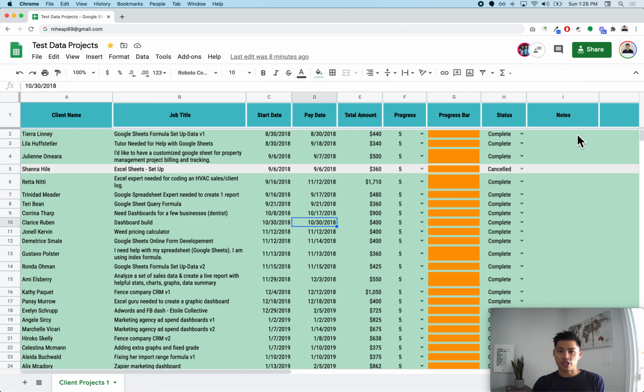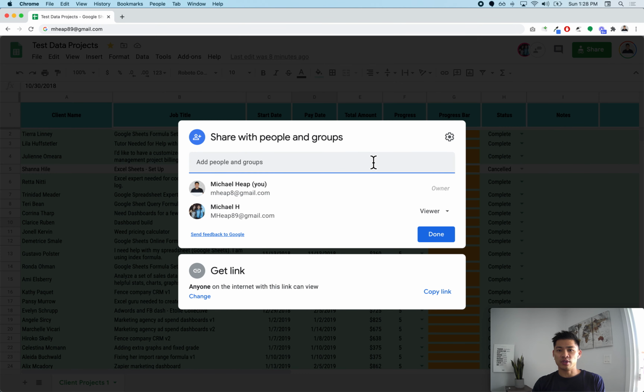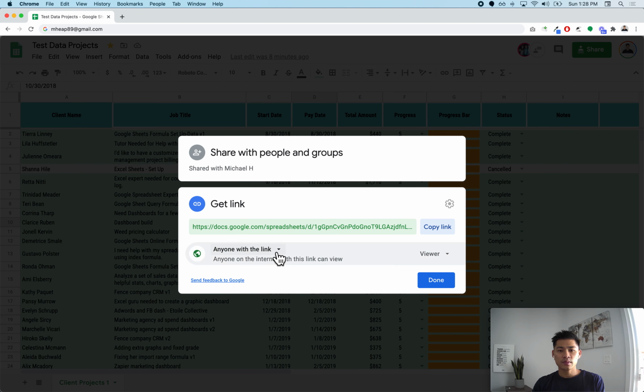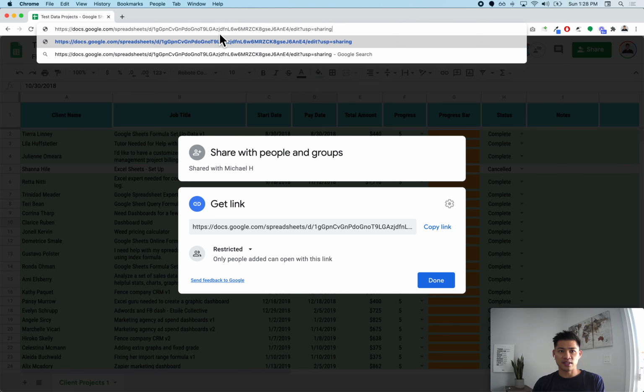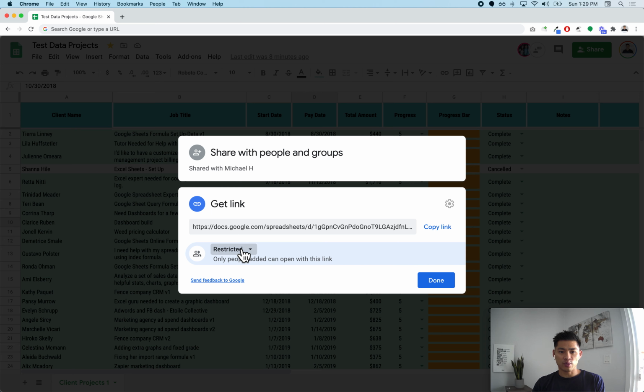Now, the favorite way that I like to share my spreadsheets is by giving a link. The way that I just showed you is giving access to one person, right? Which is probably better for a more secure spreadsheet. But sometimes if you just want to hand someone a link, what you can do is go down here to get link. Go to change over here. Now you have a bunch of different settings, right? It can be anyone with a link, or you can restrict it so only people who are added can open it. If you just shared your email on the previous screen, then you can copy this link and share it via an instant message or an email, things like that, right? But usually what I do is I just go to anyone with a link,